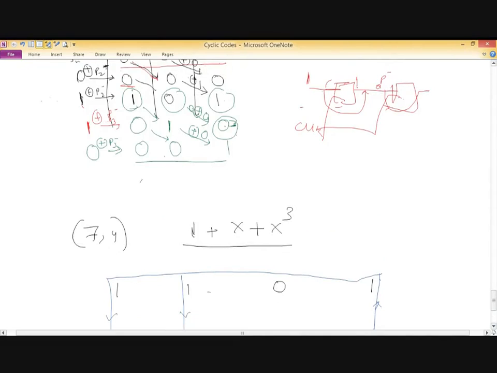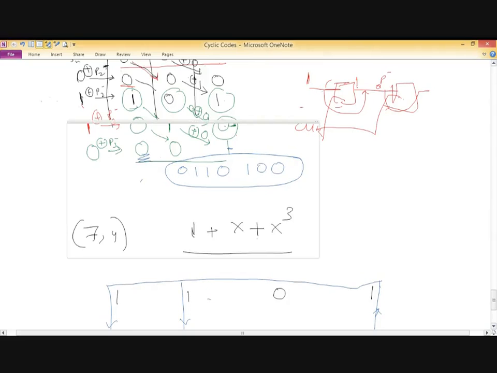ठीक है, रिमेंबर MSB और LSB के बीच में, जैसे प्रीवियस वाले की कोड की हम बात करें, प्रीवियस चलते हैं, यहाँ पर जब हमारा डेटा आ गया, सो हमारा कोड क्या होगा 0 1 1 0 1 0 0, जो कोड वर्ड होगा दैट विल बी 0 1 1 0 1 0 0, ये एमएसबी है, दिस इज योर एलएसबी। ठीक है, ऑलवेज रिमेंबर दिस, बिकॉज इस तरह चलते हैं हम।